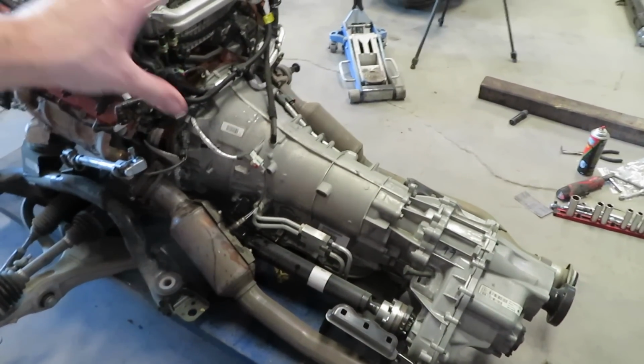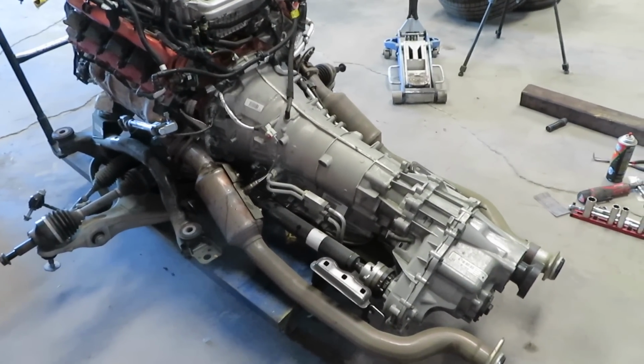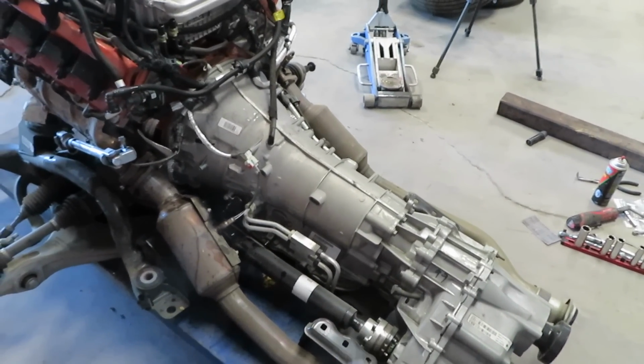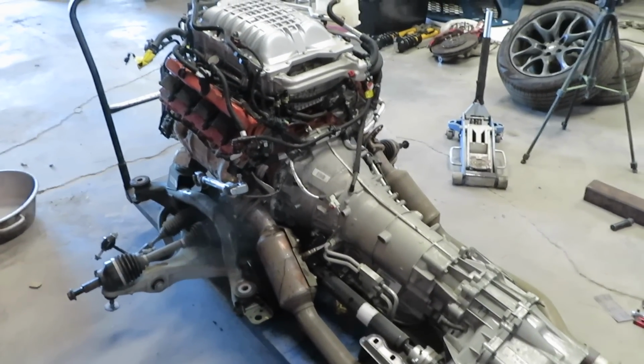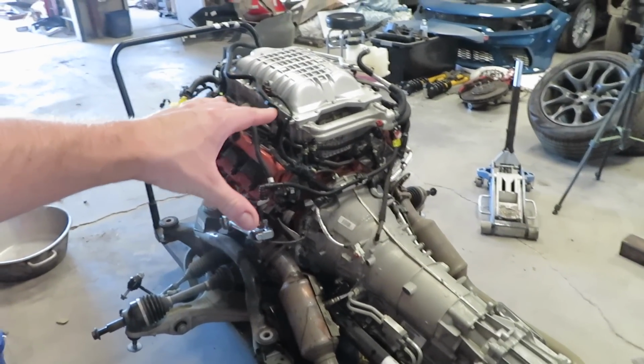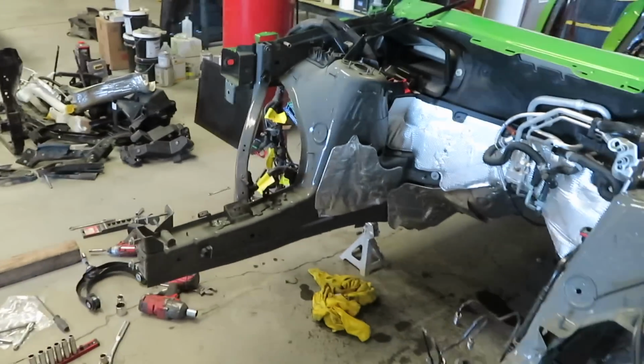I'm not going to separate the transmission from the engine or anything like that, or the transfer case from the transmission, but I need to add my support and just kind of go through this. I need to get it off the subframe, but I'm not going to worry about doing that until my subframe is powder coated. So what I'm going to do now, since the engine is finally out of the Durango, is